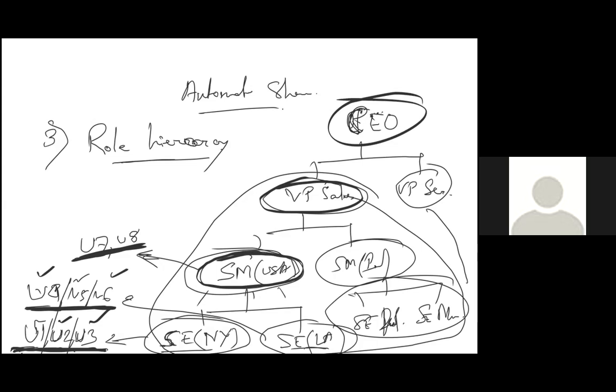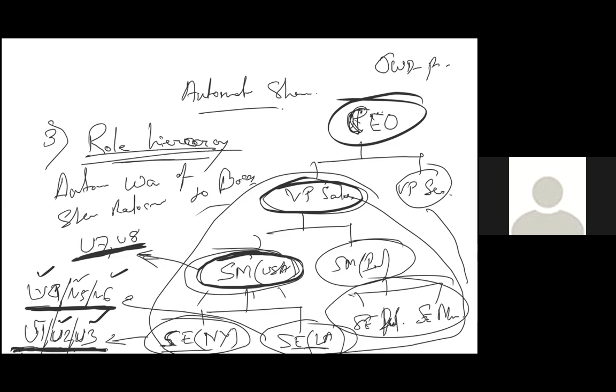So role hierarchy is an automatic way of sharing records to the boss. Every organization will usually have a role hierarchy, and that's how your manager will automatically see your records, even if the OWD is set to private. If there is no role hierarchy, your boss cannot see your records, right? Then you have to manually share again to your boss, which is cumbersome, difficult. I might be working on thousands of records, right? So this is one way of automatic sharing.